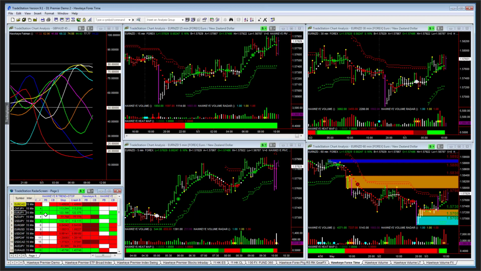The radar screen is showing us that there are potentials coming up right now. The Euro Canadian, you can see strength in the Euro, overbought Canadian. So a Euro Canadian short, in this case, just started. But if the Euro strength is coming in, you might or might not see that. That might be a corrective move, and it might be just turning.